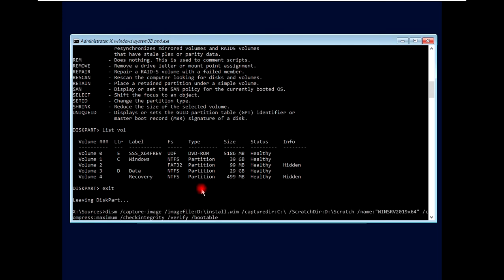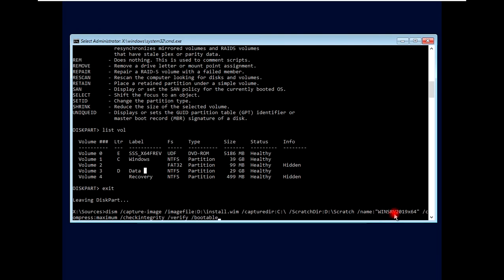Here I will give this command to start saving the install.wim file. This would be the path for saving the install.wim file, which would be saved in the data drive, and C drive is my capture drive, and this is the path of the scratch folder in the data drive.